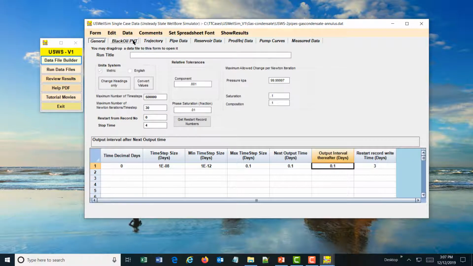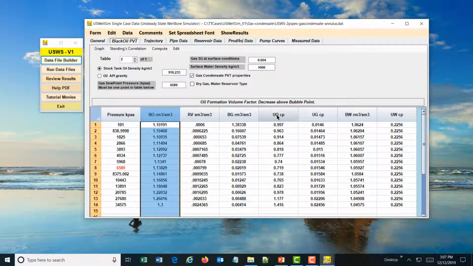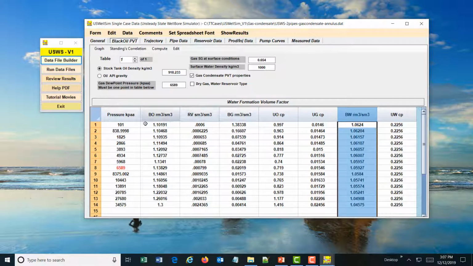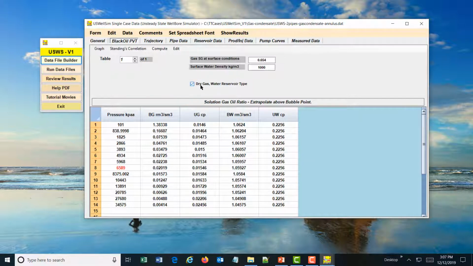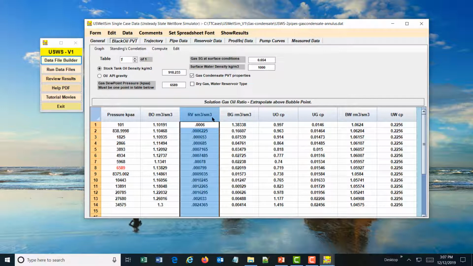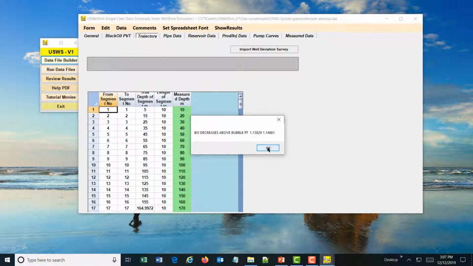Black oil PVT gives you the standard black oil properties: formation volume factor for oil, gas, water, solution gas ratios or condensate gas ratios, so we can have gas condensate properties, dissolved oil properties, if this is now solution gas oil ratio or condensate properties, dry gas, water types. So we can put in black oil PVT properties that we are used to in reservoir simulation of black oil reservoirs. The trajectory tab allows us to